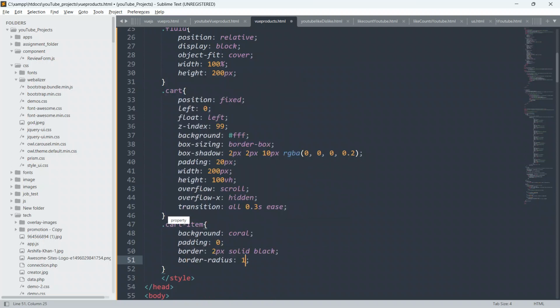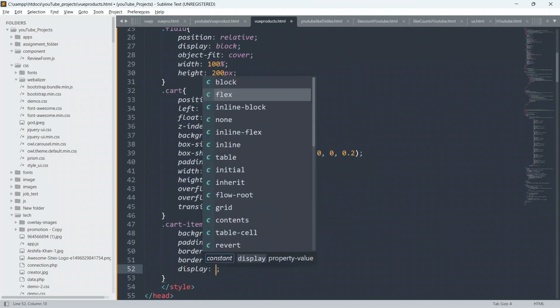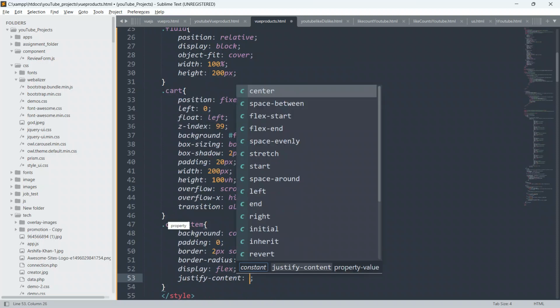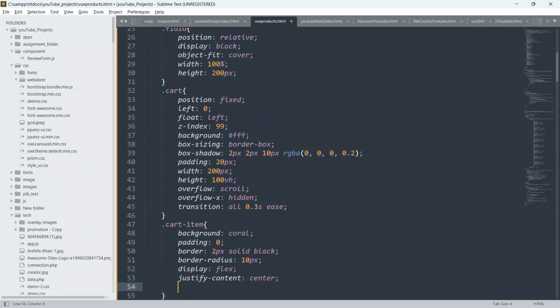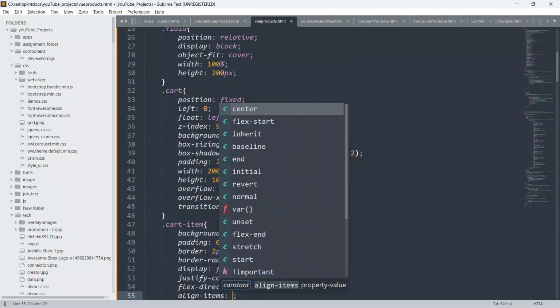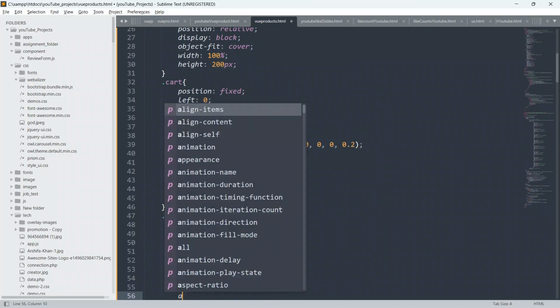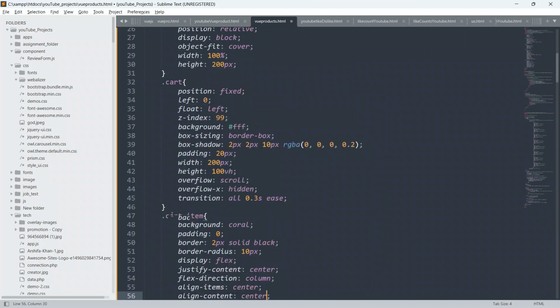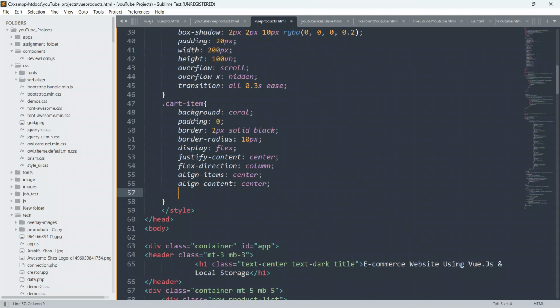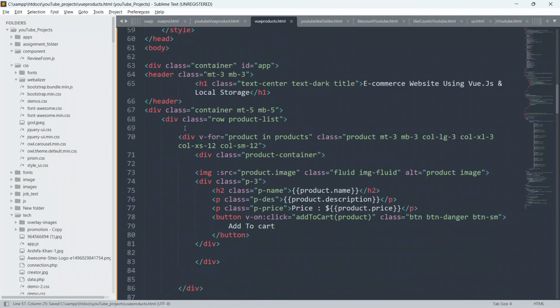Okay, so guys, give border radius also as 10px, and give display as flex, give justify-content as center, and give flex-direction also as column, and give align-items also center, and give align-content also as center, and give overflow as hidden. And yeah, just now I will try to target this UL.